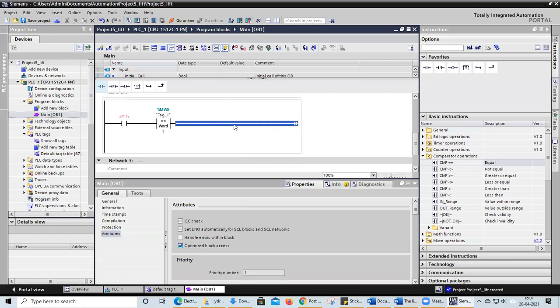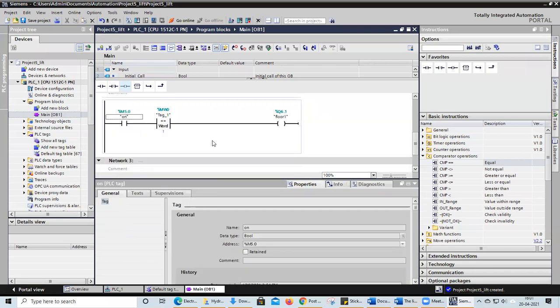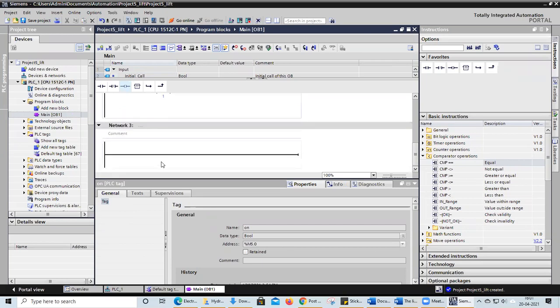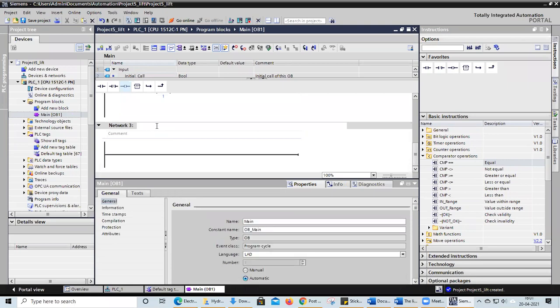And here I'm going to have an output, meaning which floor it is. I'm going to use this one as first floor, and this one as my on circuit. My condition is that it should not stop in the second and third floor. So I'm going for network 3, and in network 3 I will write a ladder program for not stopping floors.